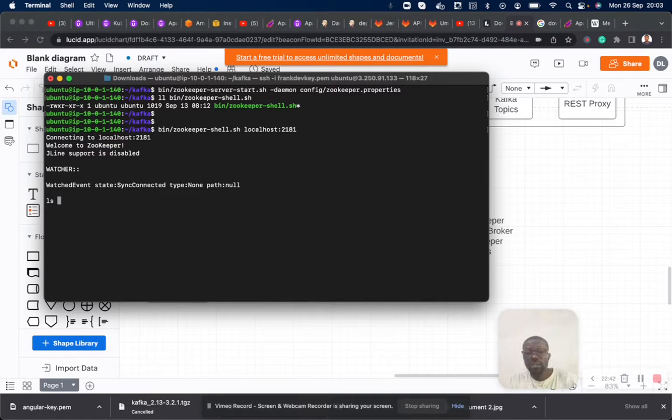The only way is to list the nodes. Once we list the root path, we shall see something like zookeeper. As it stands, we have a single instance Zookeeper with one node.